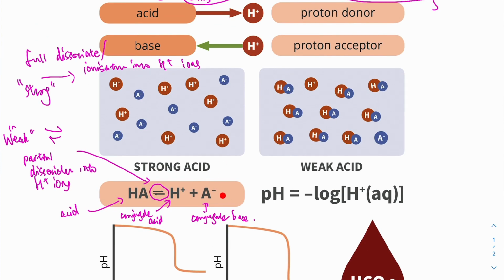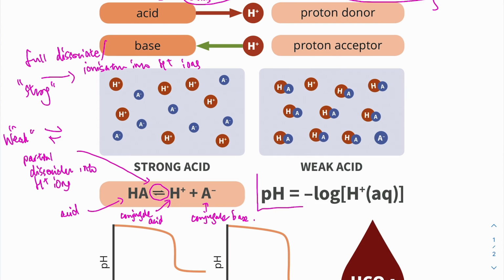This is probably more suited to represent the situation where you don't have a lot of H+ and A-, but you have a lot of HA lying around because they remain unionized, they remain undissociated, because this is an equilibrium. Okay,